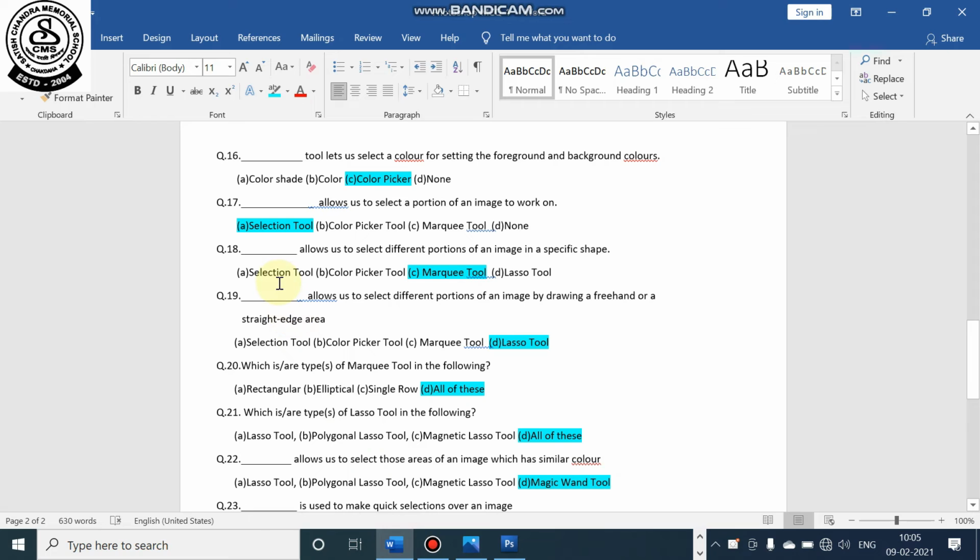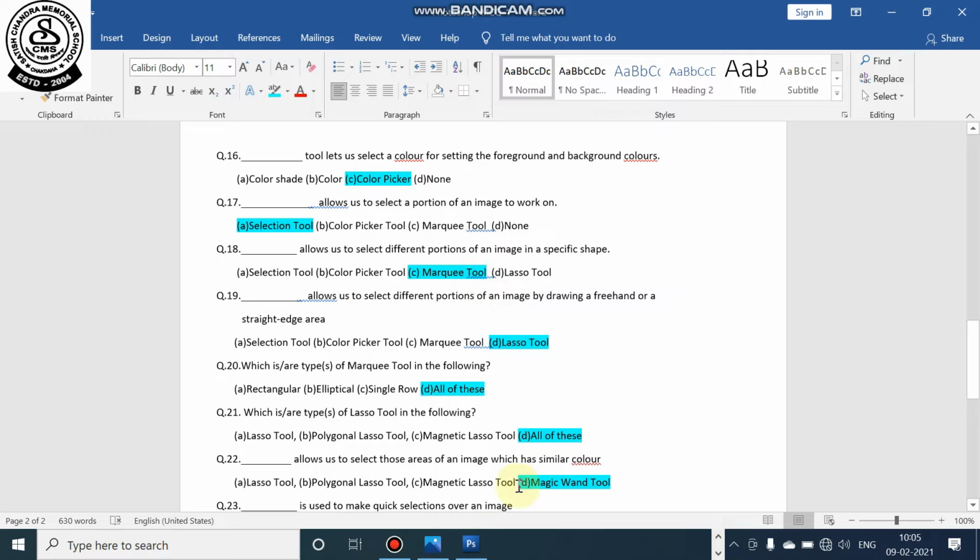Next question, question number 18: dash allows us to select different portions of an image in a specific shape. The option will be Marquee tool. Marquee tool actually helps us to select different portions of an image with different geometrical shapes, like elliptical shape, rectangular shape, single row shape, single column shape.